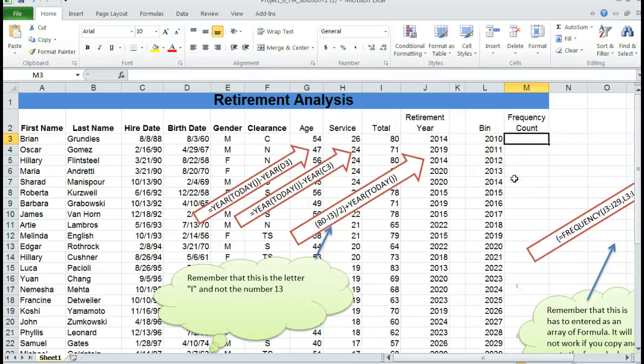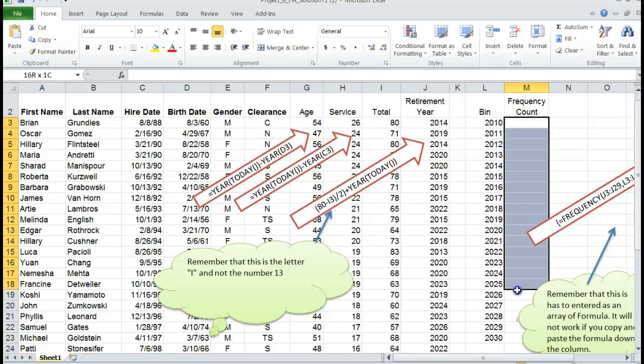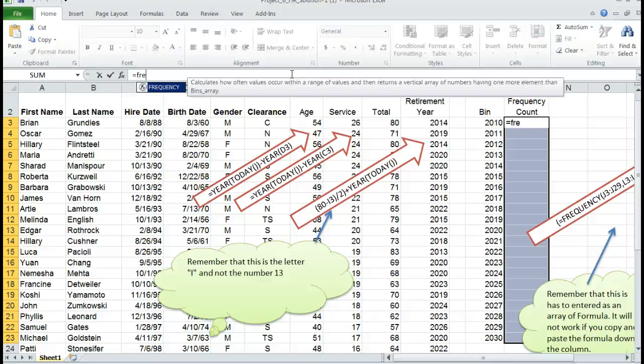This formula is a little bit different, because when you enter it, you have to enter it as an array. Usually we put the formula in here, and then we copy and paste it all the way down the cells. But the way we enter this formula is we actually have to highlight the cells first, and then type in the formula. So I highlighted the cells where I want the formula to appear, and I just enter the frequency formula,